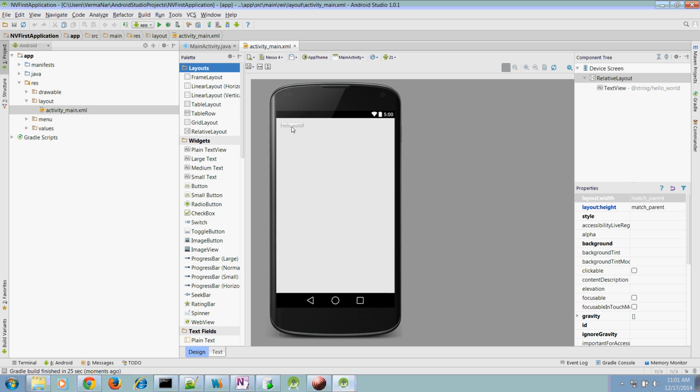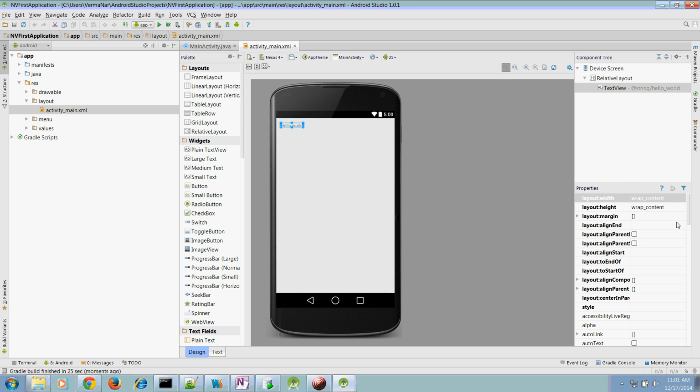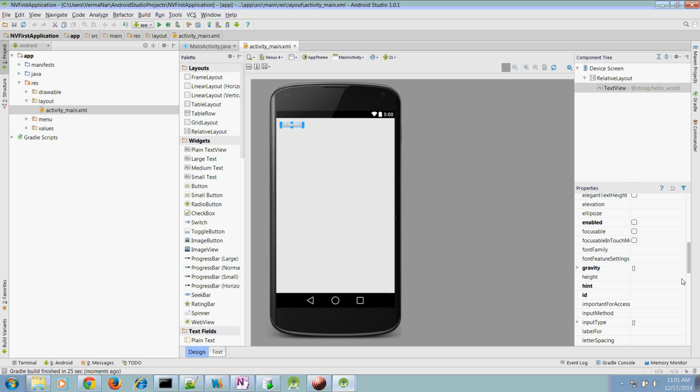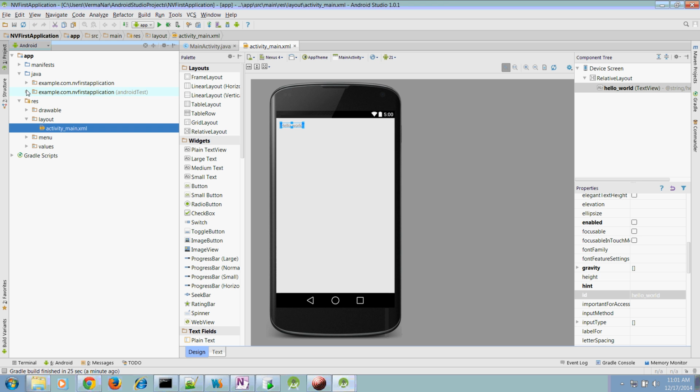Now the one thing that you need to do here is, if I click here and go to the ID, you have to provide the name. For this text, I want to give the name Hello World. If you give Hello World, the ID is attached, and inside this Java program